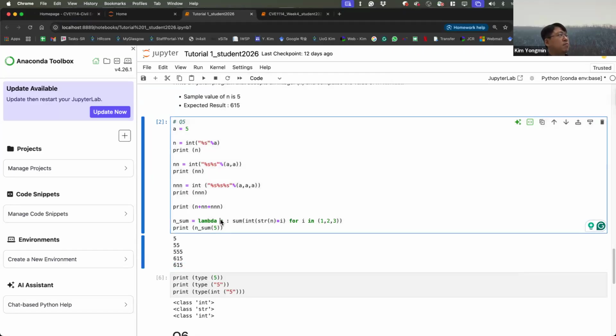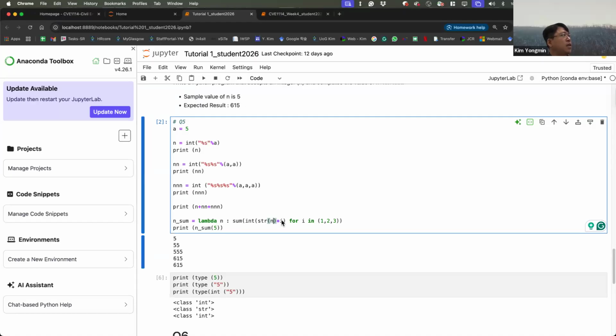Lambda, n is my variable, and then I summate certain things. n is now 5, a string, and before converting it to an integer, I multiply n by certain numeric values.